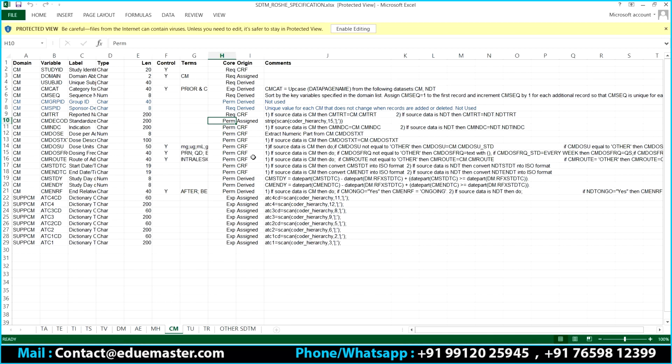The guidelines include how to write your domain name, how to write your variable name, what various data types are allowed, what formats are allowed, what core is, what role is, and what identifier variables, timing variables, and topic variables are, and then we go through each of the domains.